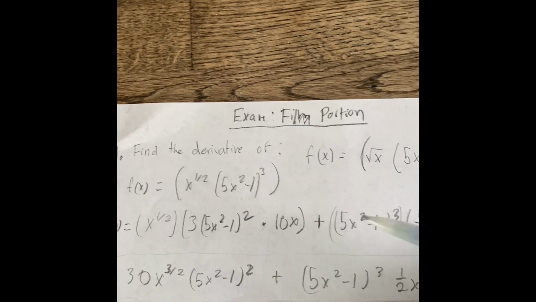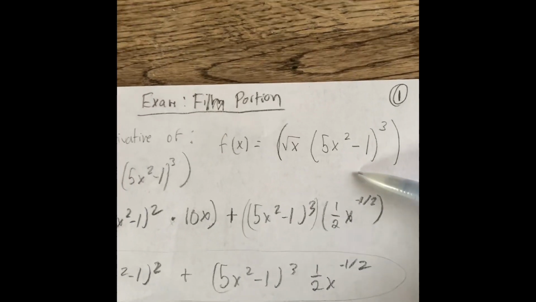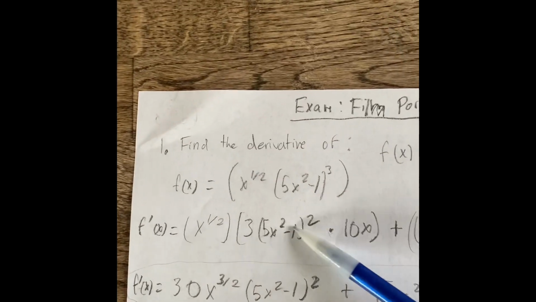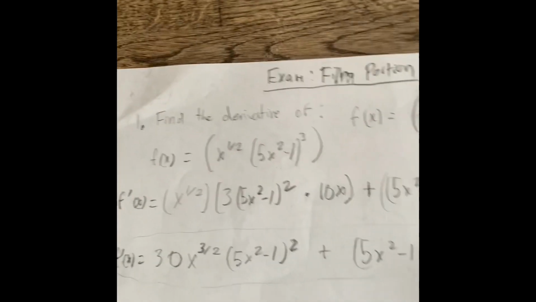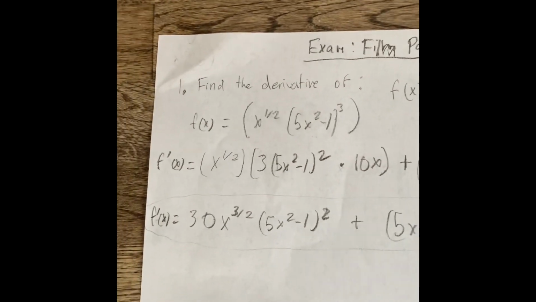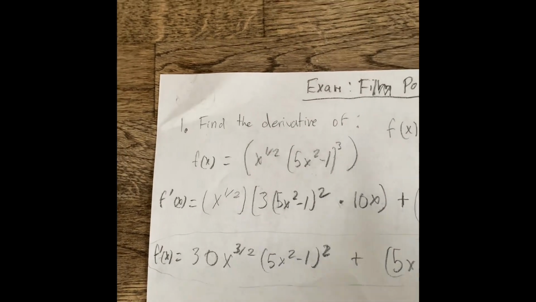Okay, so the first problem was pretty much asking for the derivative of this sort of complicated function. My first step was just to rewrite the function so that I would just have exponents instead of the square root, to make things easier. And then basically I would just be plugging in a product rule with sort of a chain rule inside of